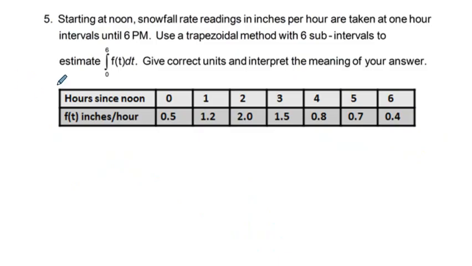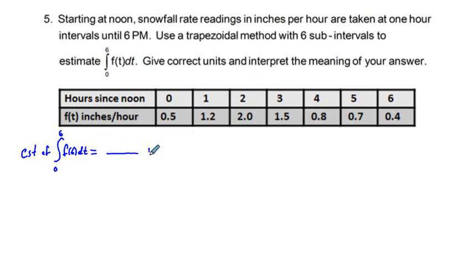Next, 5. Starting at noon, snowfall rate readings in inches per hour are taken at 1 hour intervals until 6 p.m. Use the trapezoidal method with 6 subintervals to estimate the integral from 0 to 6 of f(t) dt, give correct units and interpret the meaning of your answer. So the estimate of the integral from 0 to 6 of f of t dt,